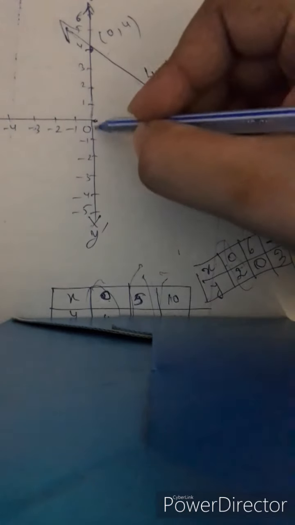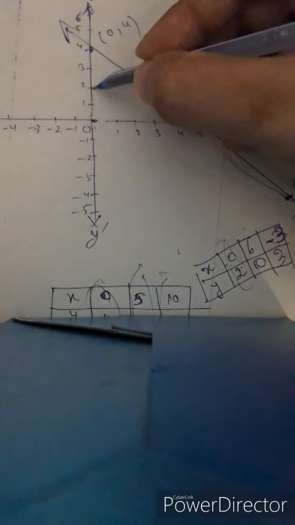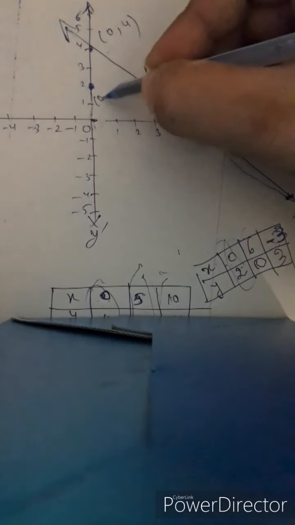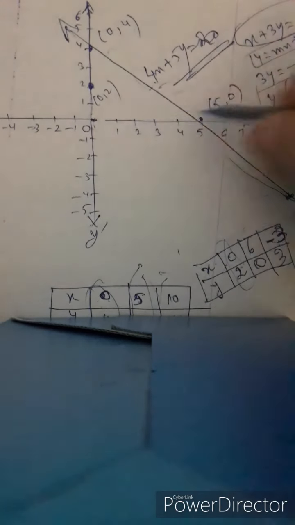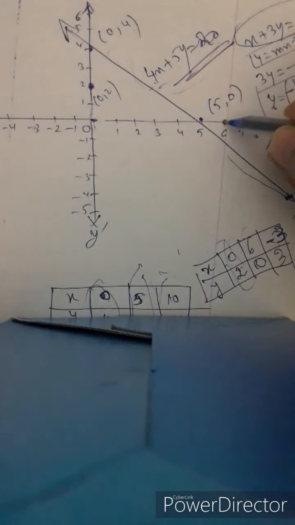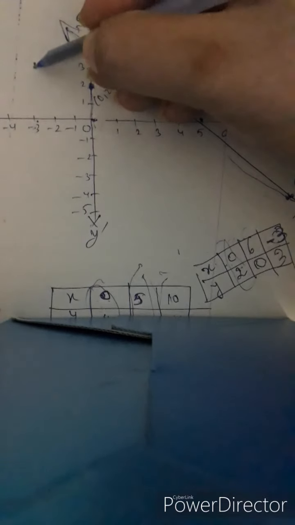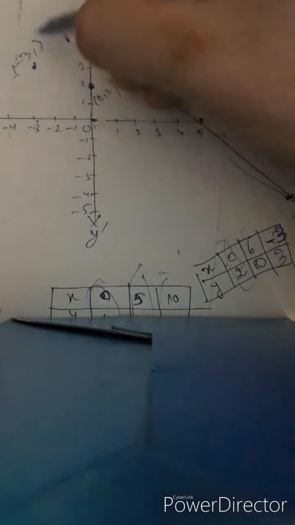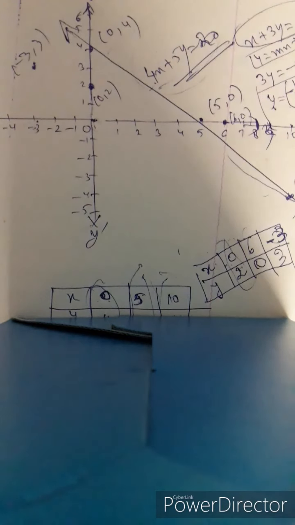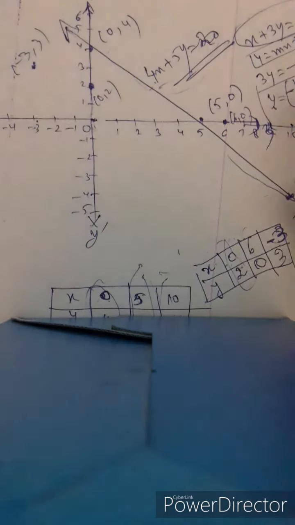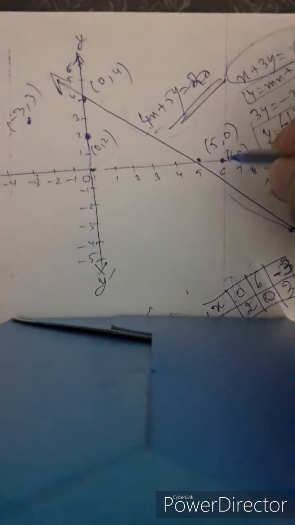Let us plot them in this graph now. 0, 2: 0 on the x-axis and 2 on the y-axis, that is this point. 6, 0: 6 on the x-axis and 0 on the y-axis, this point. And minus 3, 3 is this point somewhere here. Actually this is plain paper, so the locations of the points are approximate, not exact, because only on graph paper can you draw these locations exactly. So these are the 3 points.